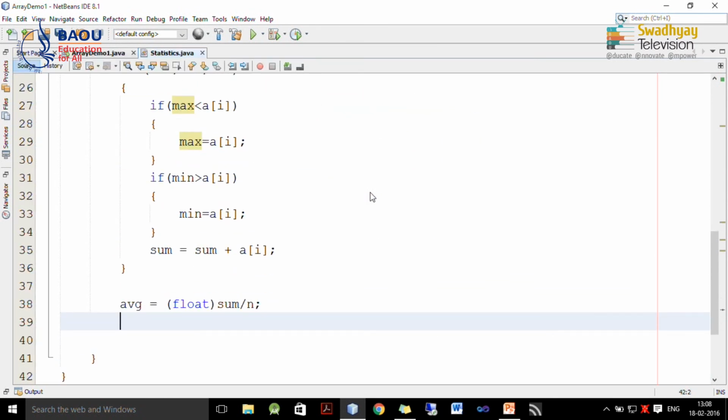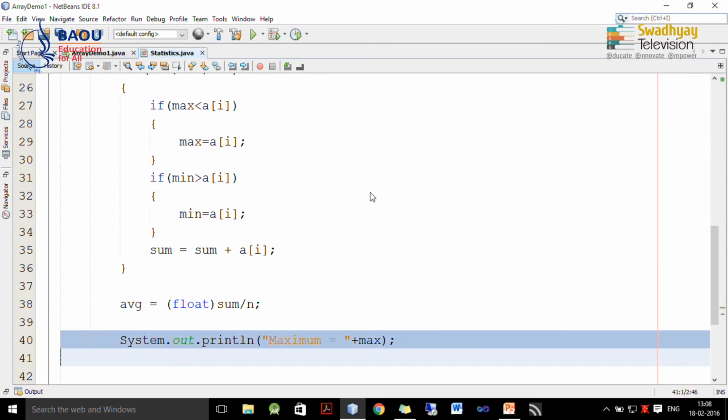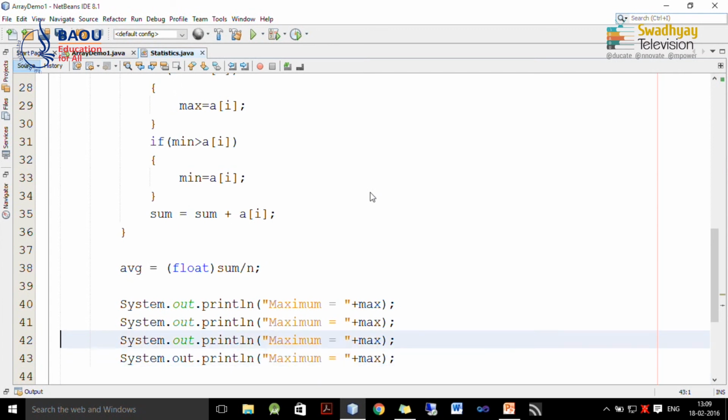Now, we have everything available. So, I want to display the same using System.out.println. So, here I write down maximum is equal to max, then minimum, sum and average.